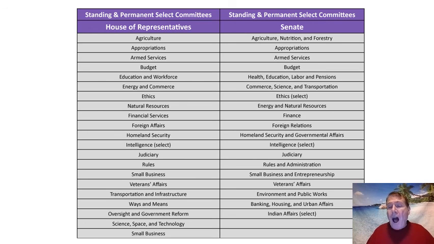So Congress is an important aspect. The legislative branch obviously is a very important aspect of our national government, creating national laws that we all have to obey, which are enforced by the executive branch or interpreted by the judicial branch. And Congress, again, is divided into 2 houses, the House and the Senate. Membership in each one is a little bit different, and there are a little bit different numbers of members in each one. But both of them have to work together in order to make the laws.